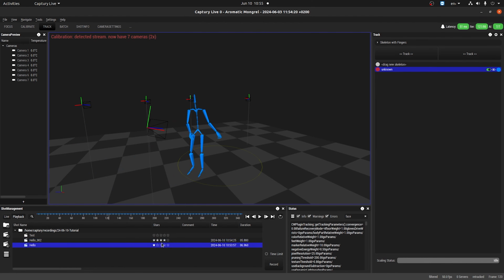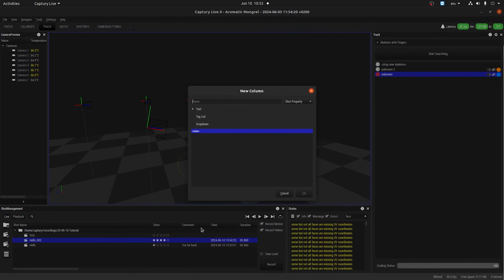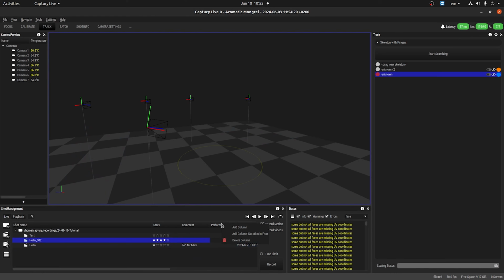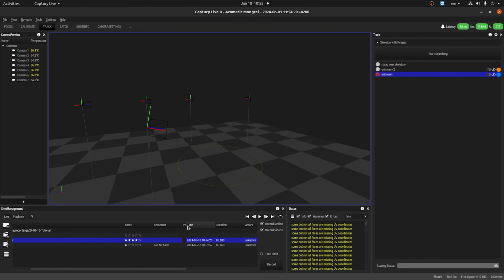I'll just give it some stars. I can also comment on it, like let's say this one's too far back. And add custom columns here. Just right click here and say add column. And we can call it something like, and let's add another one called, so that's performer here. And customs at the end, so let's just move that up here. And yeah, so you can keep track of a lot of random data that you would normally keep track of